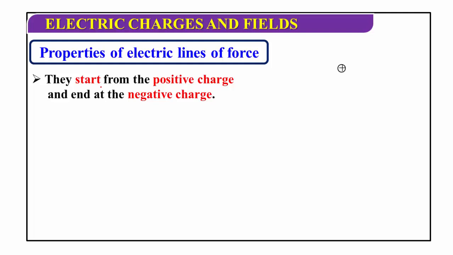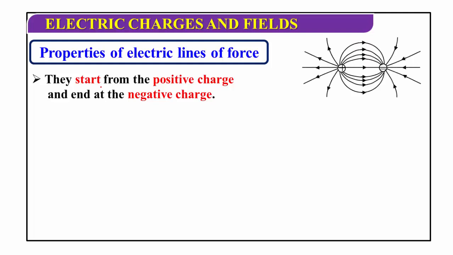Now I consider this is the positive charge and this is the negative charge. Here see this diagram. The electric field lines always start their journey from the positive charge. If you observe here, this is positive, plus q, and this is minus q. Electric field lines start from the positive charge. Where do they start? They start from the positive charge. Here this arrow mark is very important. This arrow mark indicates the electric field lines. It moves from positive charge to negative charge.